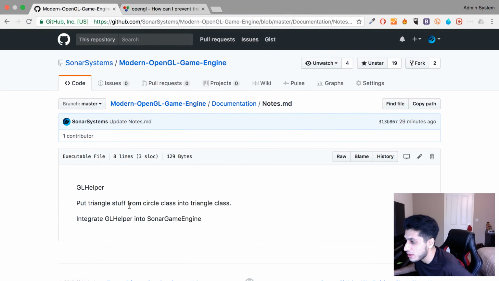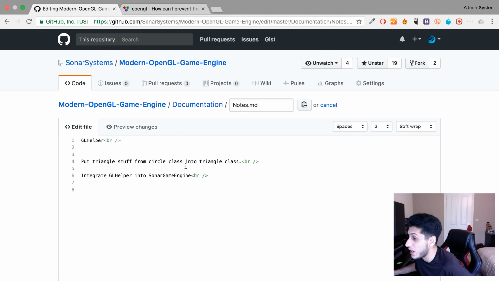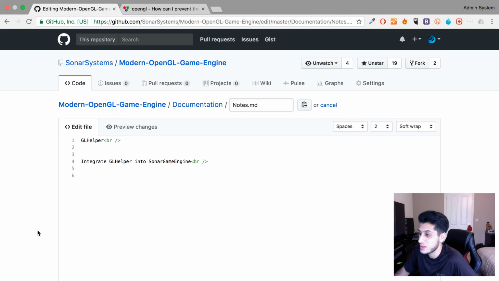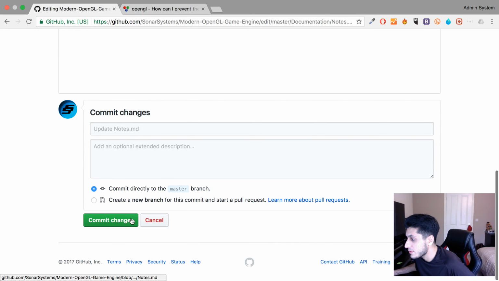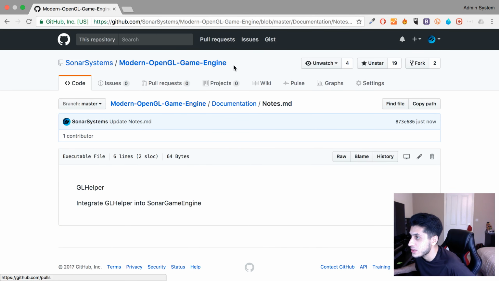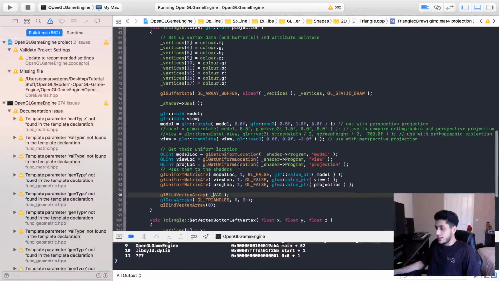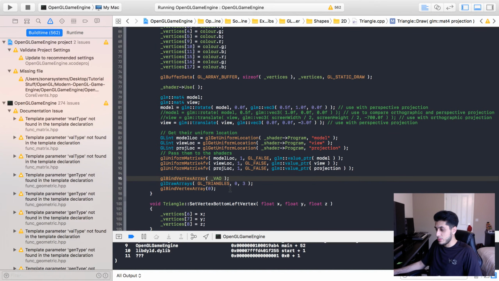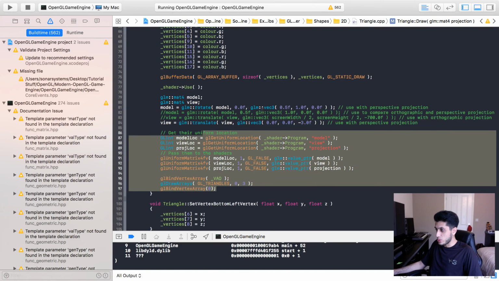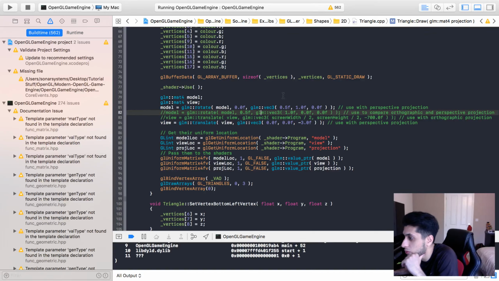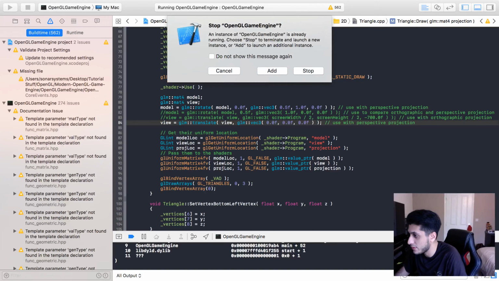So put triangle stuff from so class into. Okay, it's definitely in its own class now, so I can get rid of that. Get rid of that tab. And now from here, how much more can I abstract out? At the end of the day, this is in the drawing part anyway. So if I go for the model, the view in the model, use with perspective projection. If I don't translate, if I just do this,